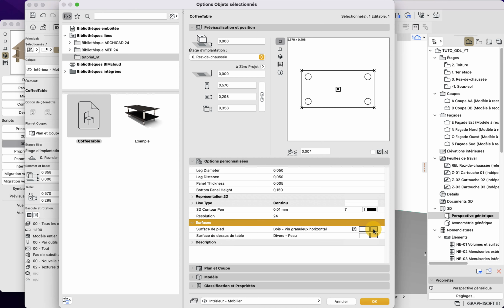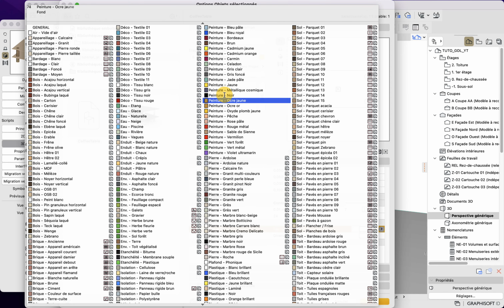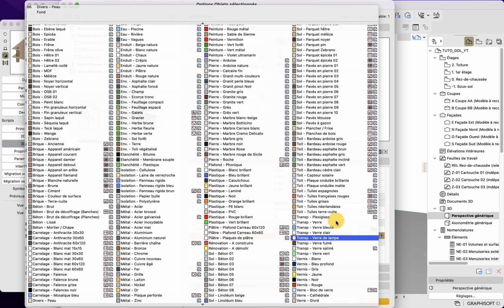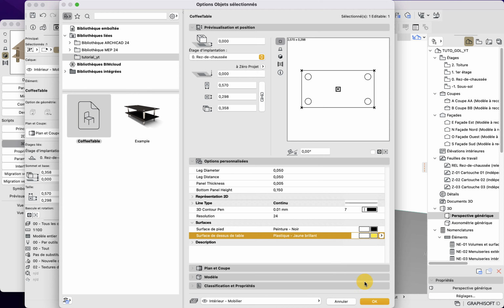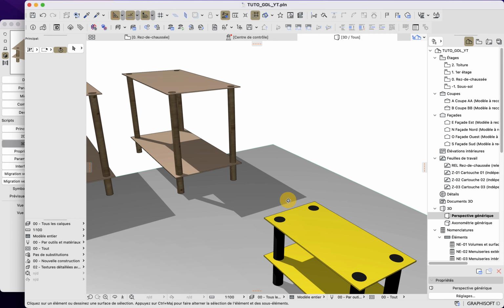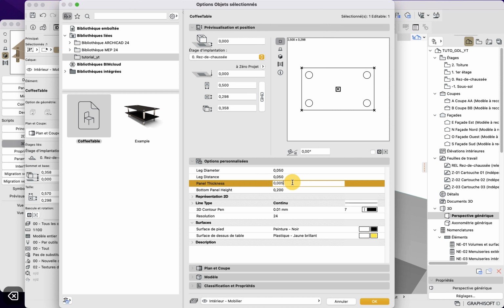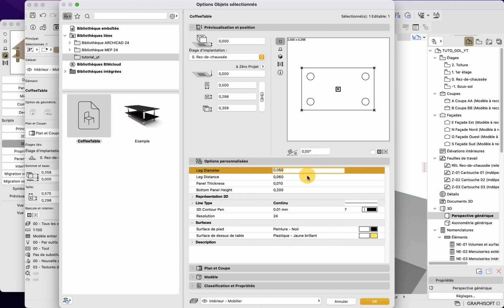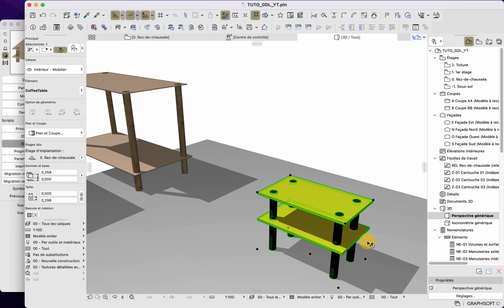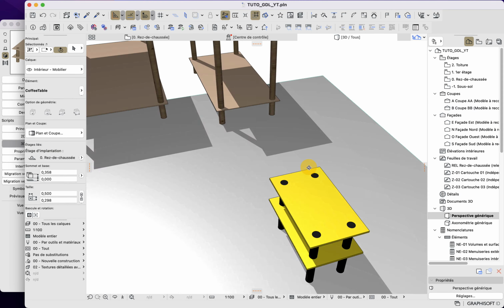I can change the surfaces, and for example put some black for the legs and some yellow for the panels. I can also change the bottom panel height if I want to, add some panel thickness, put a bit more distance, and have legs that are a bit less thick, and it is working properly.